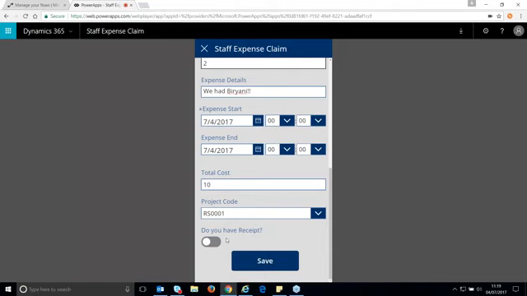Okay, so this is where your camera control will come into place. So it's asking you, do you have a receipt? If I click yes, it will start showing me my